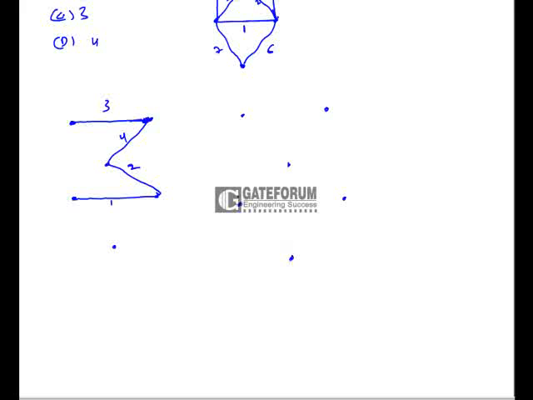for other spanning tree also. First the cost one edge is added first, and this is not a spanning tree. We forgot to connect this vertex. So in order to